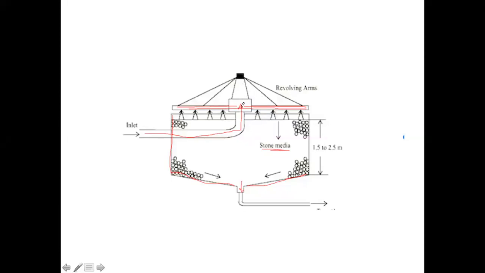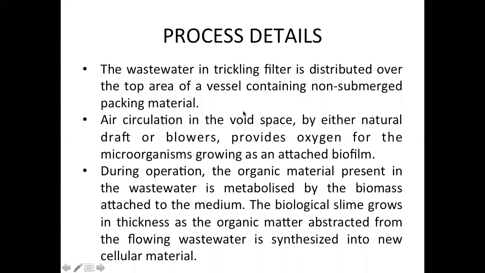This is normally designed as a self-rotating arm. The arms rotate with the head of wastewater that is coming into the shaft, so the arm rotates on the surface of the trickling filter. Next is the process description. It must be clear to you all that this is a biological treatment, and the biological process takes place as we have studied in previous classes.